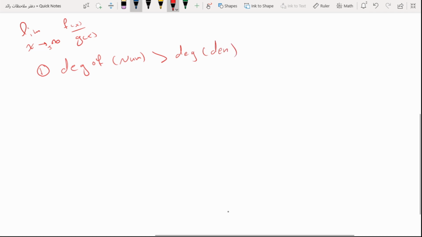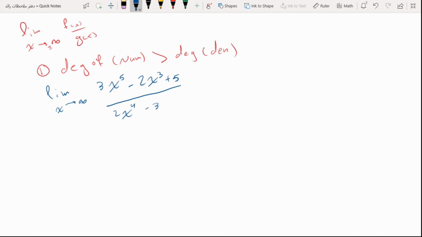في هاي الحالة لنأخذ مثال نشرح. لو اجينا حكينا مثلا limit x approaches to infinity ل 3x to the power of 5 negative 2x to the power of 3 plus 5 over 2x to the power of 4 negative 3x plus 8. طبعا قبل ما نبدأ لازم نفهم انه 1 over infinity is equal to 0. طيب